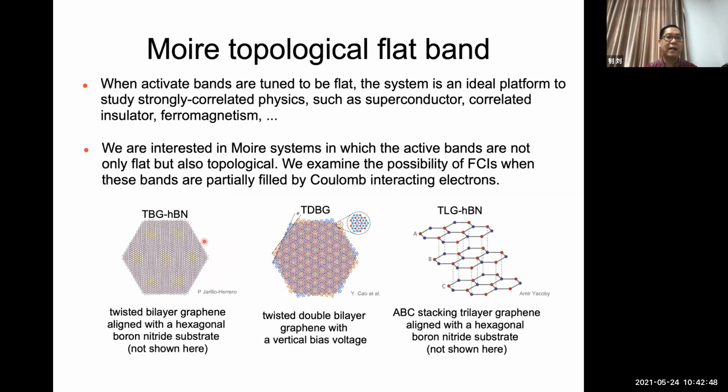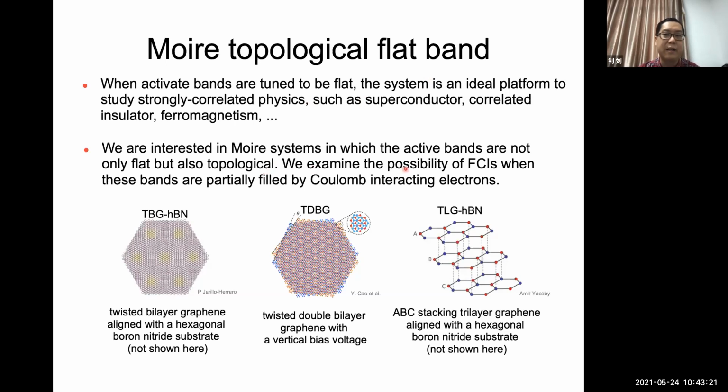And if the active bands near the Fermi energy are tuned to be flat, then this system is an ideal platform to study strongly correlated physics, such as superconductor, correlated insulator, and ferromagnetism. And we are especially interested in Moire systems in which the active bands are not only flat, but also topological. Then we can examine whether we can realize fractional Chern insulators when these topological Moire flat bands are partially filled